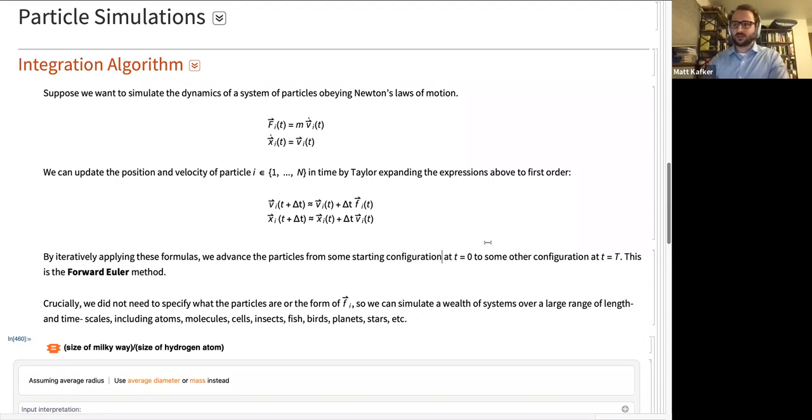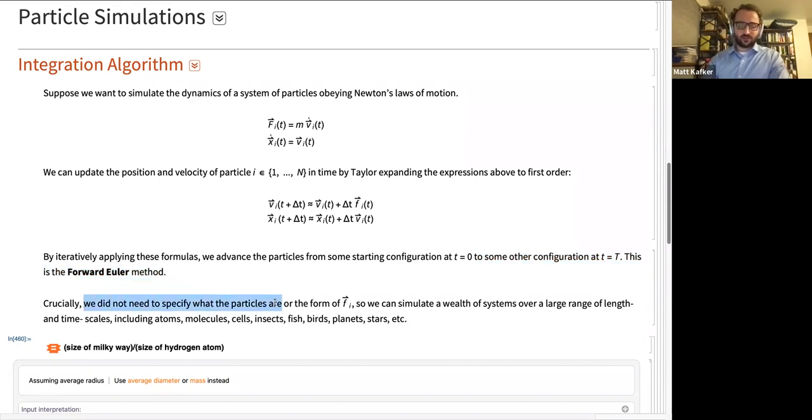Any questions about this? This is high school calculus. The first part of this talk is basically all high school level stuff, which is pretty cool because it goes far beyond what you're taught in high school, but the technical level is pretty low. So this is forward Euler. In some meaningful sense, this is like a terrible integration technique, but we're going to get a very long way by using it. So that's where we're going to start.